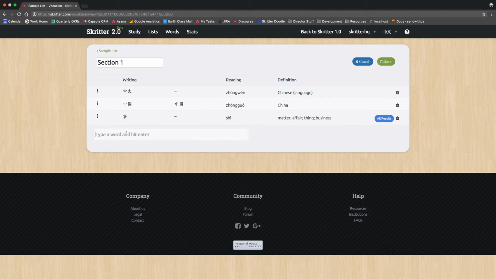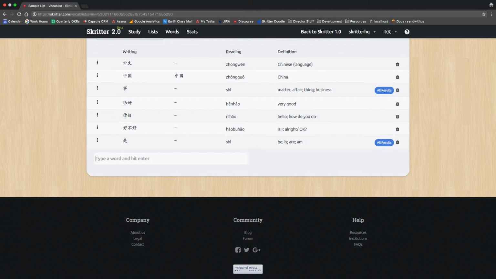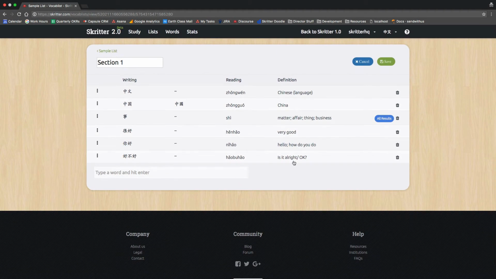Alternatively, you can type your words in Skritter a little bit faster by just adding a spacebar between each of your entries. So if we wanted to say 很好, 你好, 好不, etc., we just add a space between each of them, we press enter, and now the database will search for our answers. Now you'll see that I added an extra space at the end, which is why we have this additional character. No problem. If we have any errors, we can just hit the delete button and it will remove it from our list. Once we have our section created, we hit the save button